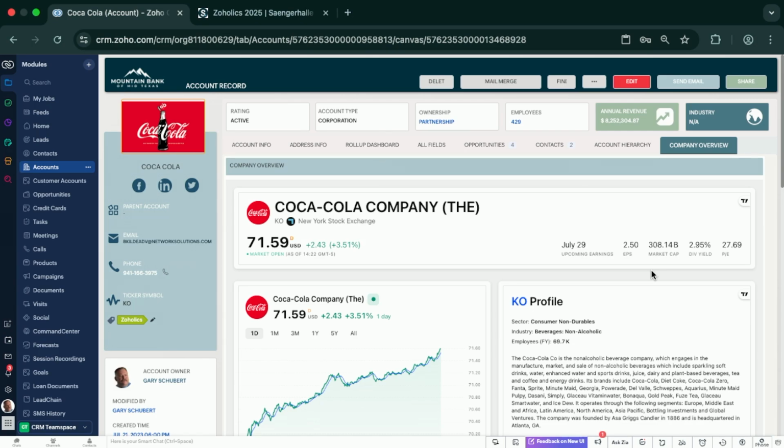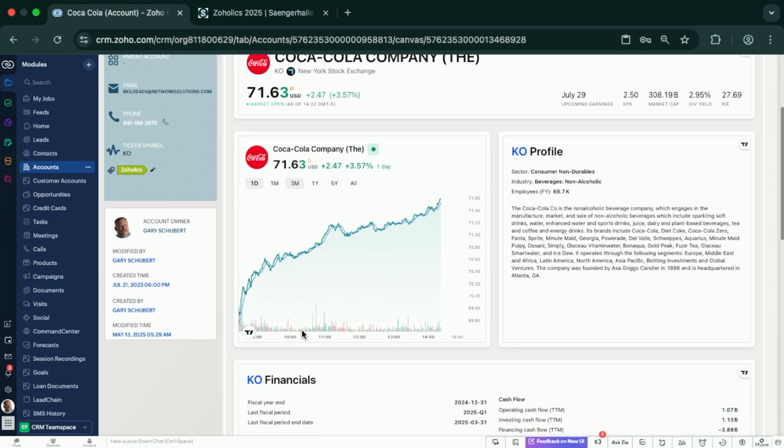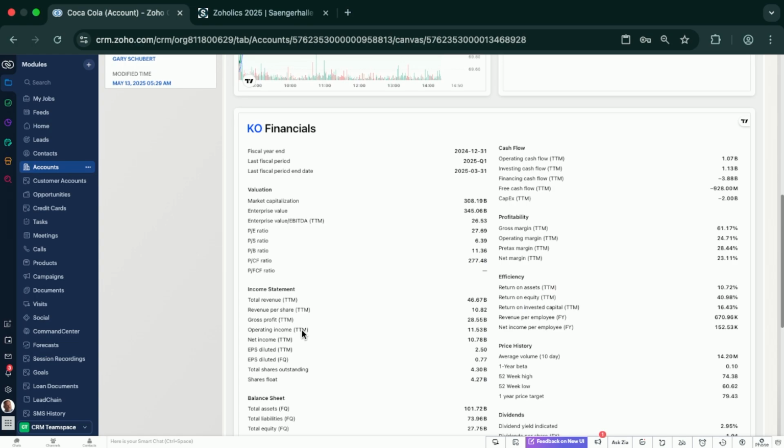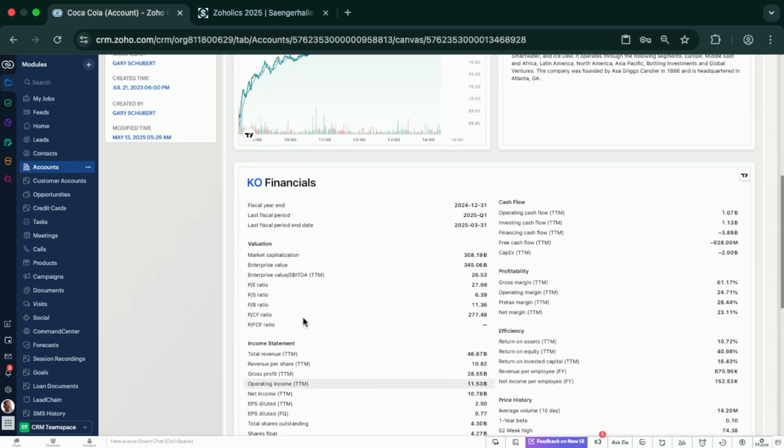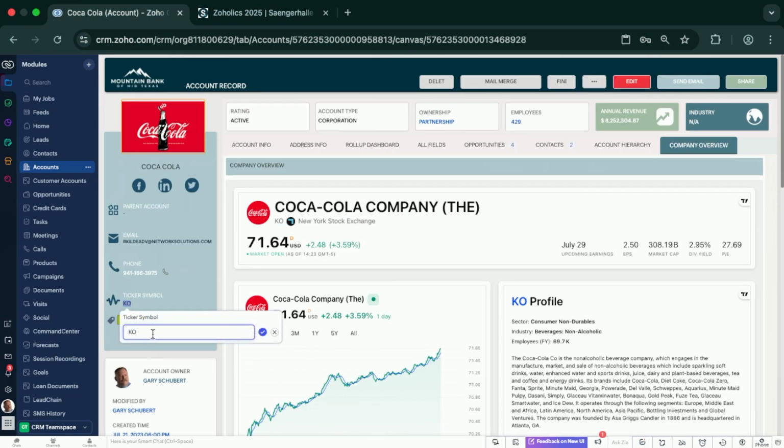So this is a really basic one because the widgets within my widget are actually available publicly. So I think it's tradingview.com. I have the link actually on that web page. But these are widgets that you pass the stock ticker symbol that you can see here, KO is for Coca-Cola, into these widgets, and now you can display a company overview, a KO, Coca-Cola profile, all of that financial information. So again, just more examples of things that you guys can do if you come out here and you modify this ticker symbol to